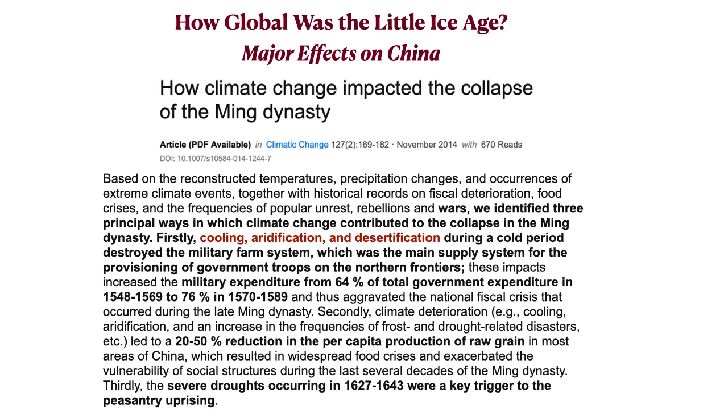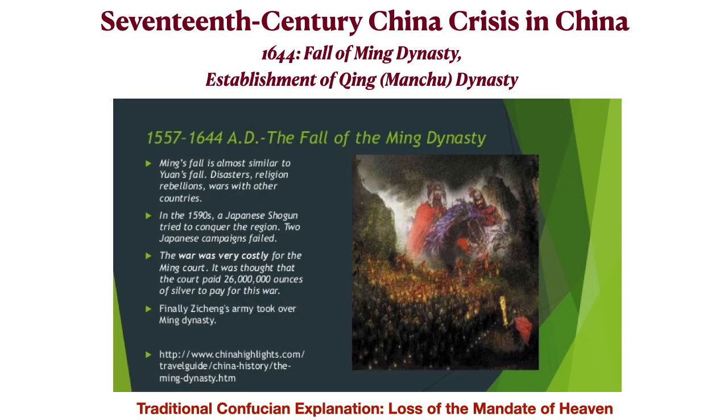So China really weakened in this period, partly by these climate conditions, allowing the Manchus from the north to come in and conquer it. This Manchu dynasty became very powerful, arguably the most powerful, and they did become a Chinese-style dynasty, adopting the Chinese term Qing, but the rulers of that dynasty were always ethnic Manchus and not ethnic Chinese. And just a little more information on the disasters that were occurring about this time.